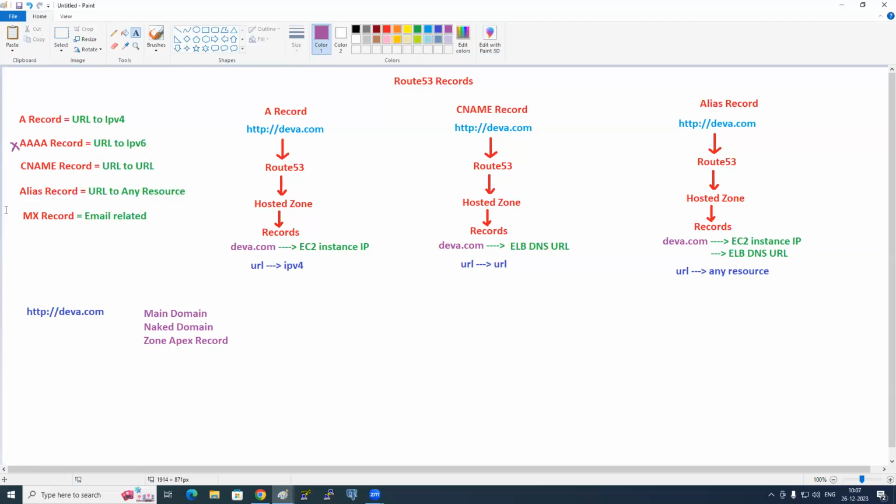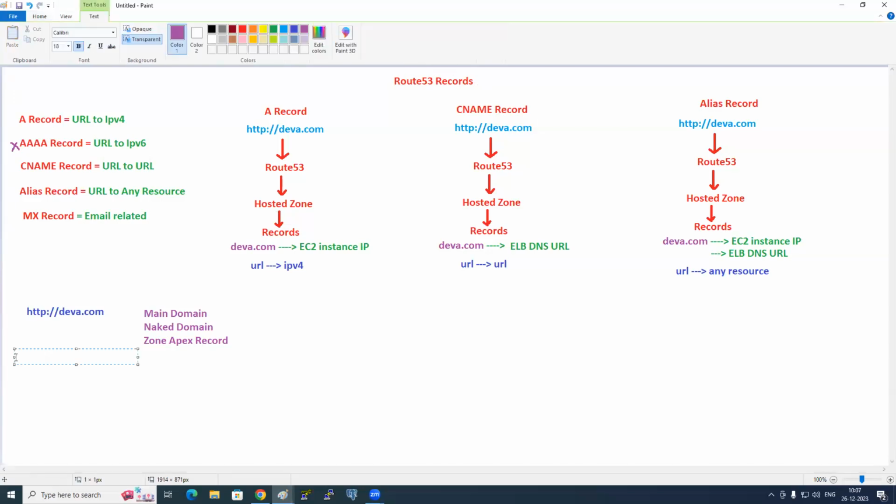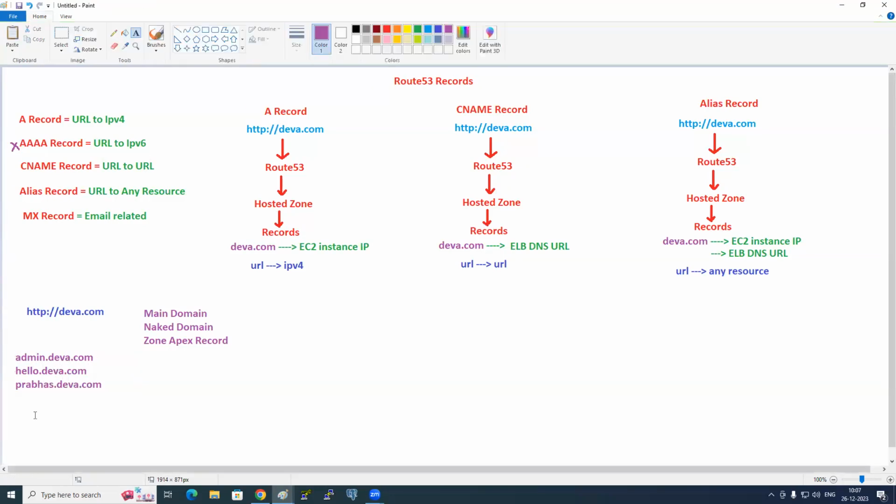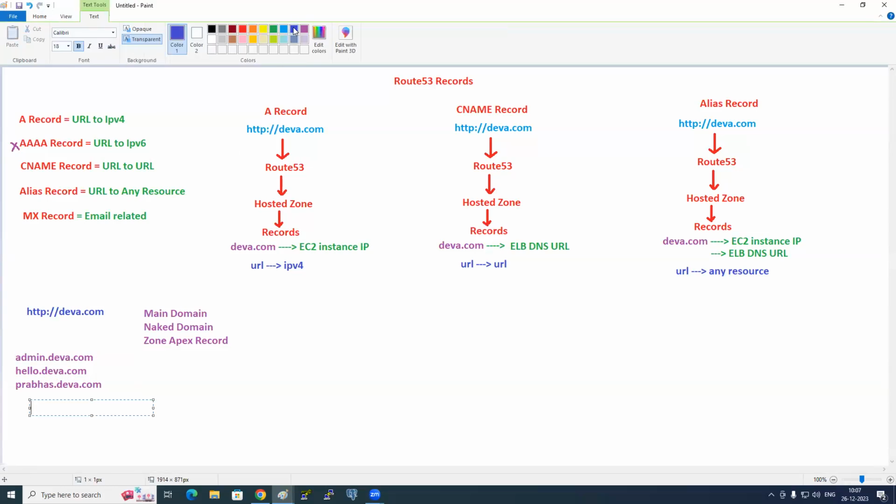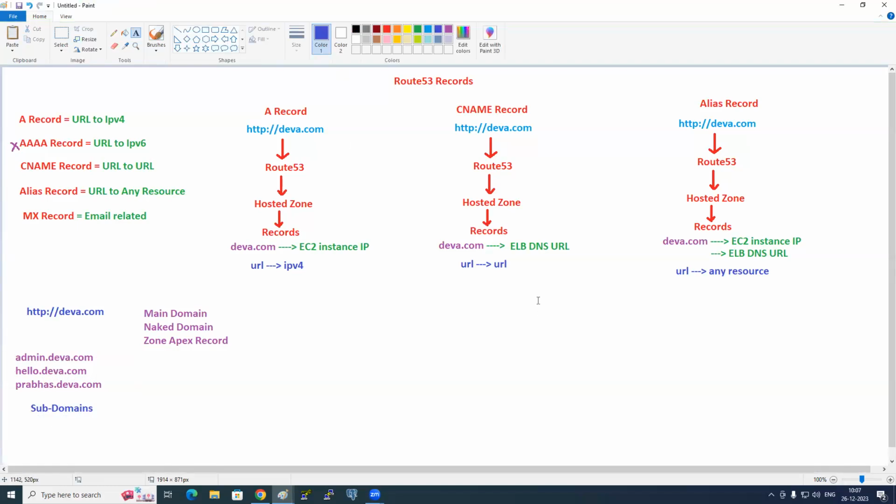So for deva.com, can we have admin.deva.com? Can we have hello.deva.com, prabhas.deva.com? What are all these called? Subdomains. But the problem here is for